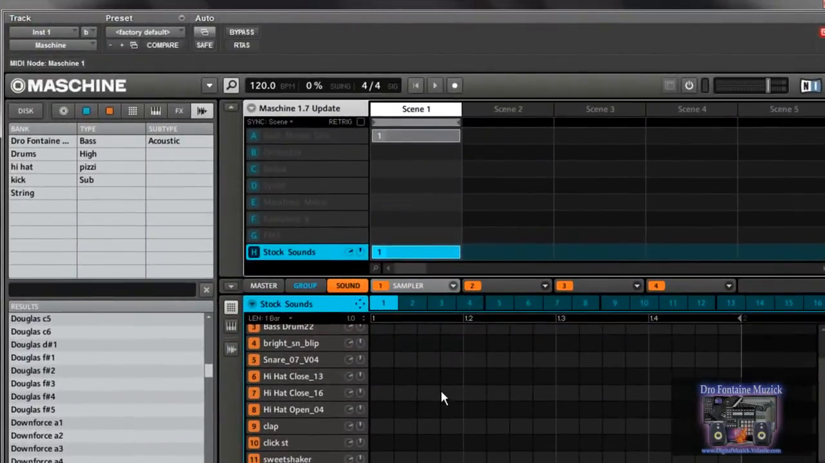Just wanted to show you the Kontakt 5 as well as the Maschine 1.7. And you might have to bear with me on the Kontakt, I'm pretty much new to that. But anyway, 1.7, I'm not going to go into great detail because there's not really much to it